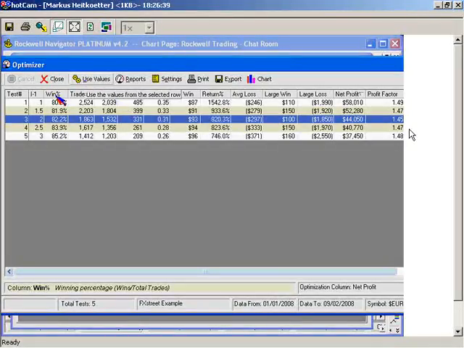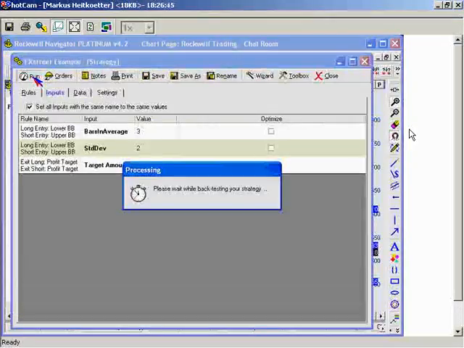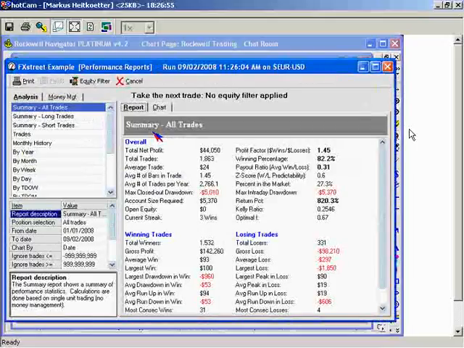Okay, let's run the strategy here with the new settings. The bars use an average of 3 and the standard deviation of 2. Let me quickly see. All right, so here we have the values. As you can see, the profit factor increased, the winning percentage decreased from 91 to 82%. The drawdown is around the same, but now since we have a higher net profit, the drawdown actually is lower